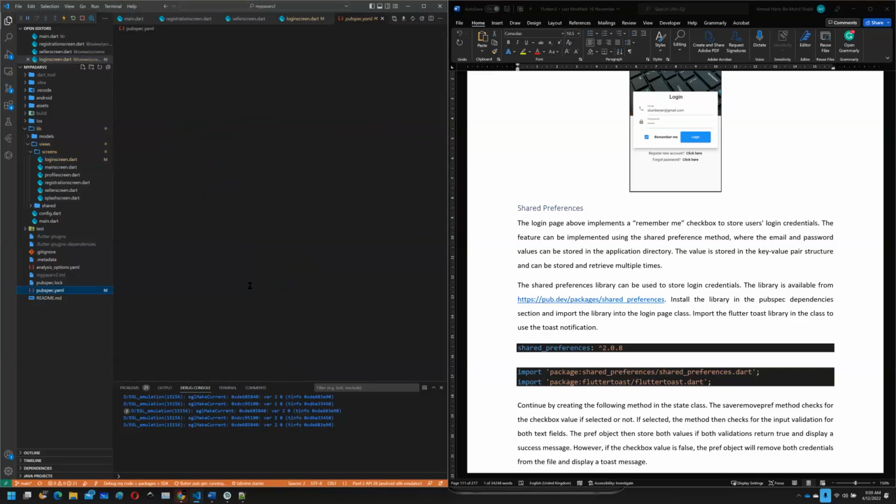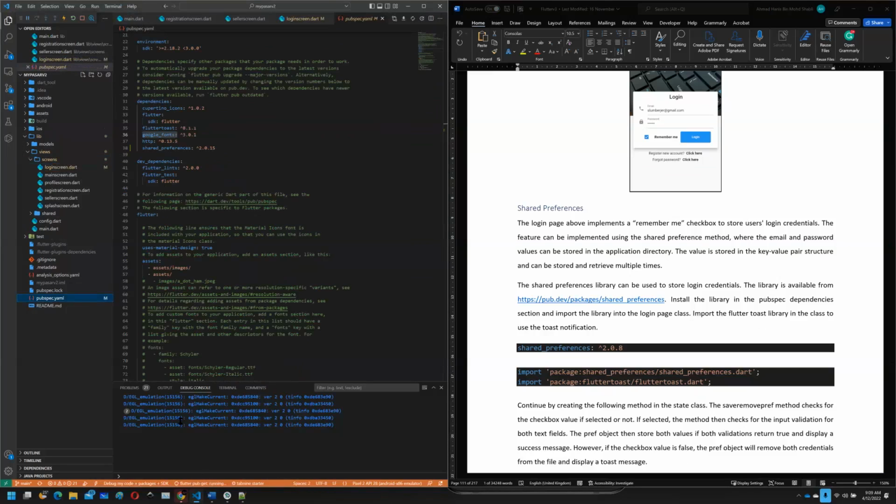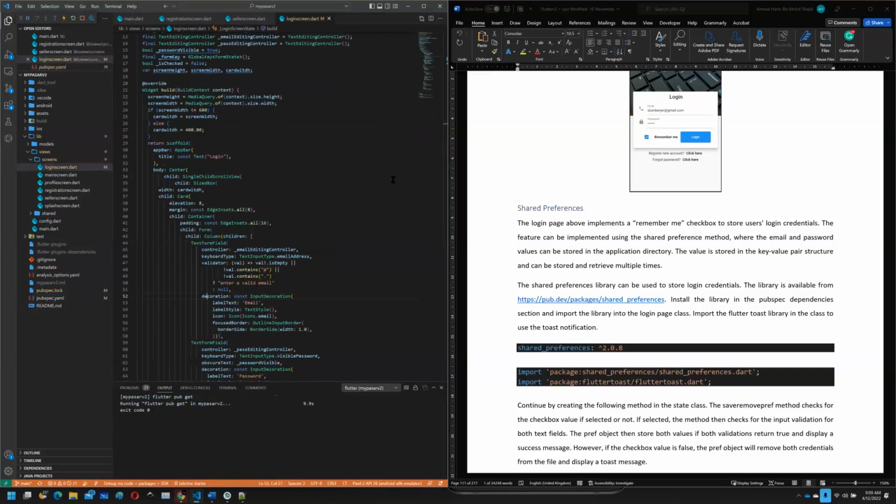Wait for shared preference to be installed, to be downloaded. This takes some time. Make sure that you get return 0, exit code 0. All right, so once you get your exit code 0,